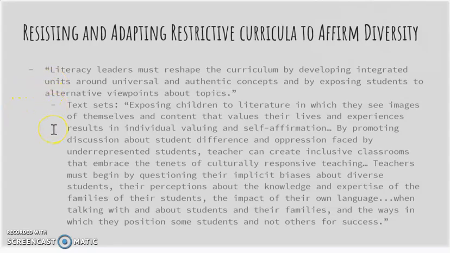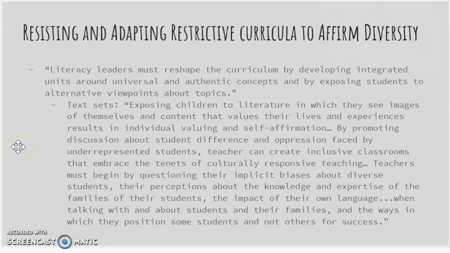One of the ways they talked about doing that was through text sets. So being sure that you have literature and books that show images of students, where they can see themselves in their lives and their experiences, which will result in individual valuing and self affirmation. So I thought that was a really good idea. Another thing the authors shared was about creating inclusive classrooms and having those discussions about differences in oppression that is being faced by underrepresented students, and then of course